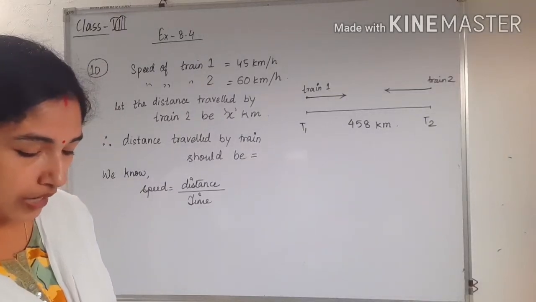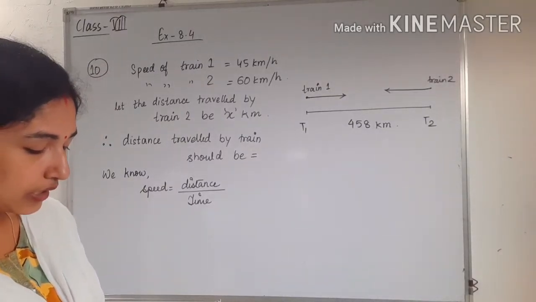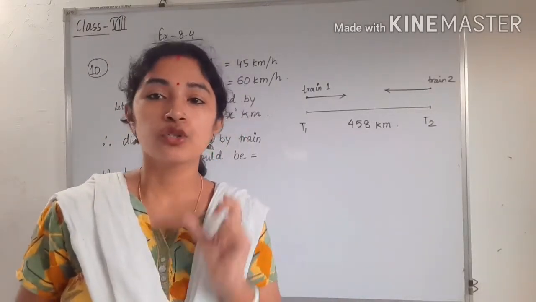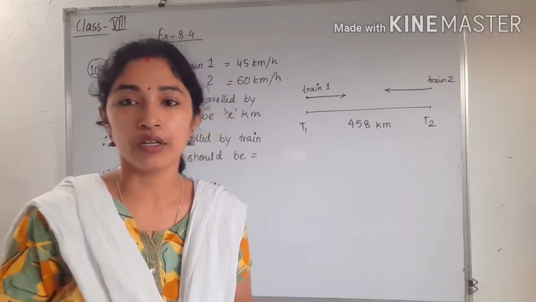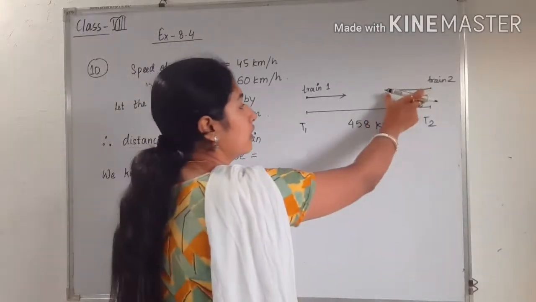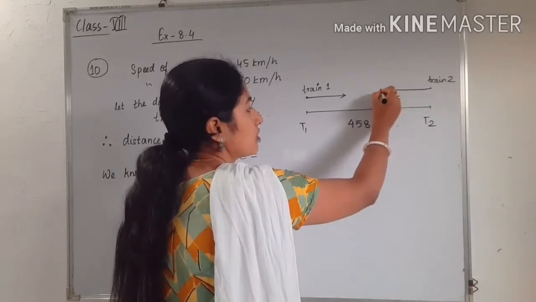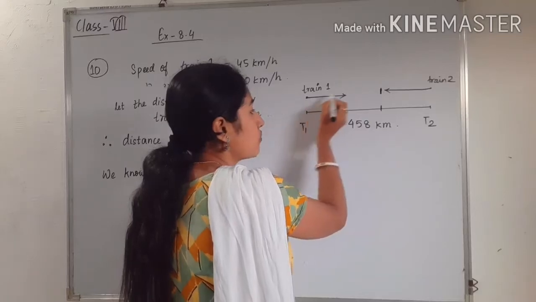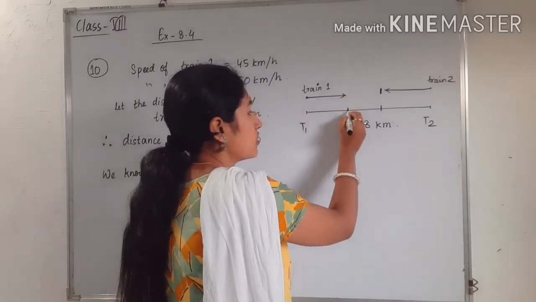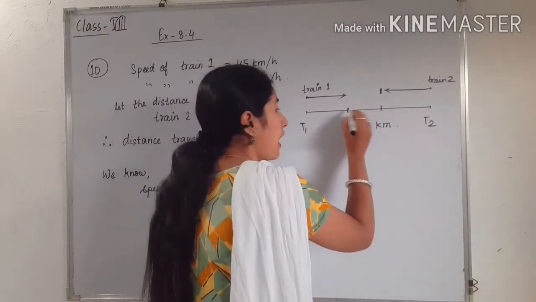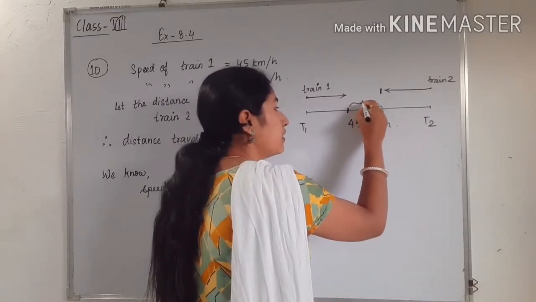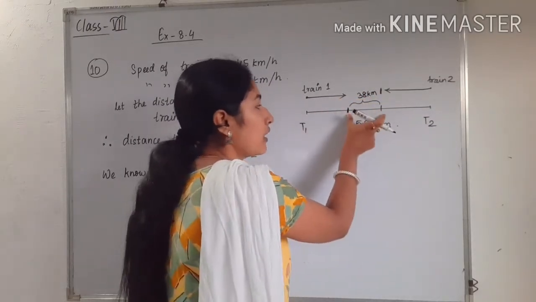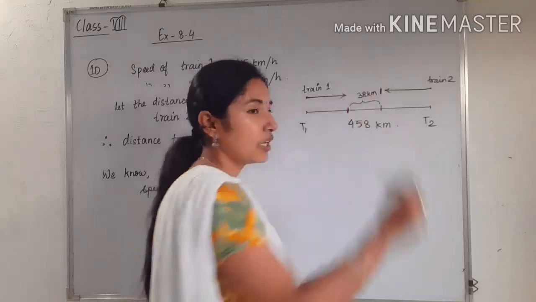Okay, so next what is given? See, in how many hours will they be 38 km apart from each other? So after how many hours they should maintain a distance of 38 km? So after some time what will happen? This train will be reaching one point. Suppose this point is this point. Okay, I am taking this point. And suppose after some time train 1 is also reaching some point. Okay, suppose that point is this one. And at these 2 points they are maintaining a distance of 38 km. Okay, so at that time the two trains are maintaining a distance of 38 km.